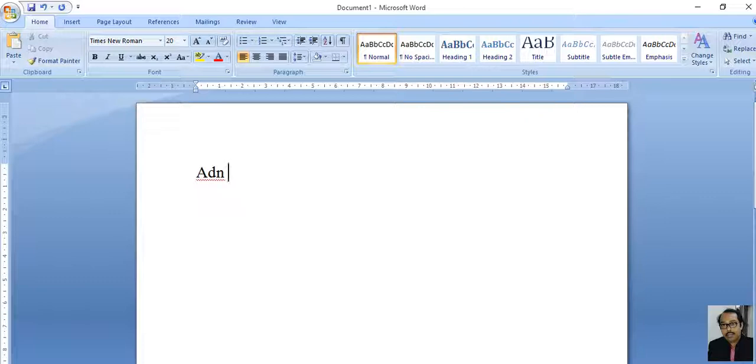I want to write AND, but by mistake I have written ADN. This is mathematics. I know these are wrong, but how can MS Word help you to solve this problem? These are wrong. That's why this is underlined with red color.